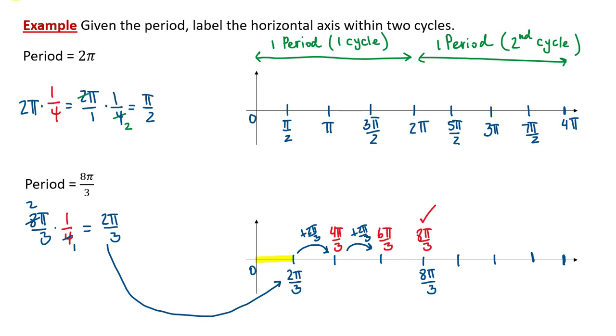I keep adding 2 pi over 3. So next one will be 10 pi over 3. Then it's 12 pi over 3. 14 pi over 3. And then 16 pi over 3. I can see how it checks as well. 8 pi over 3 plus another 8 pi over 3, in other words 2 periods, will give me 16 pi over 3. Okay, once I got all this scratch work, now I just have to clean things up and produce